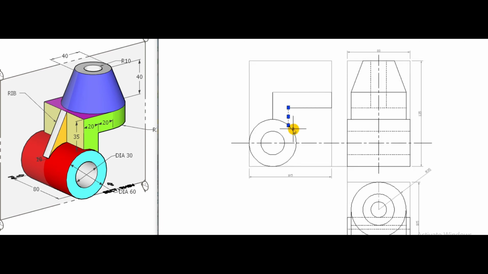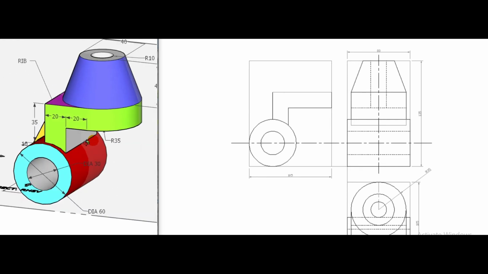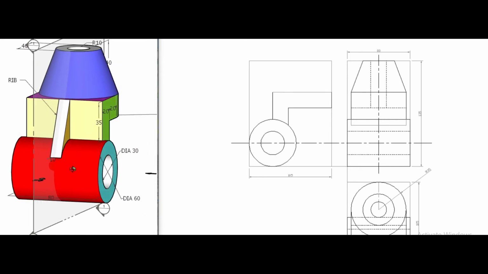Now take the projection of this. So this is a hidden edge which is not visible when we are looking from the front view direction.